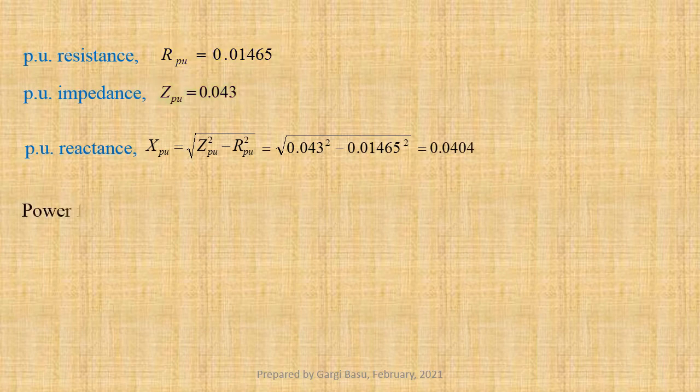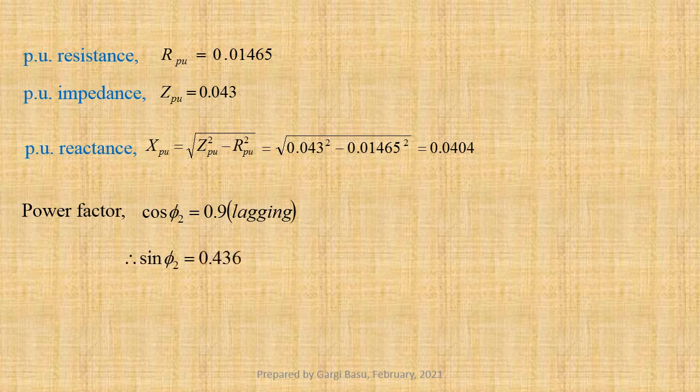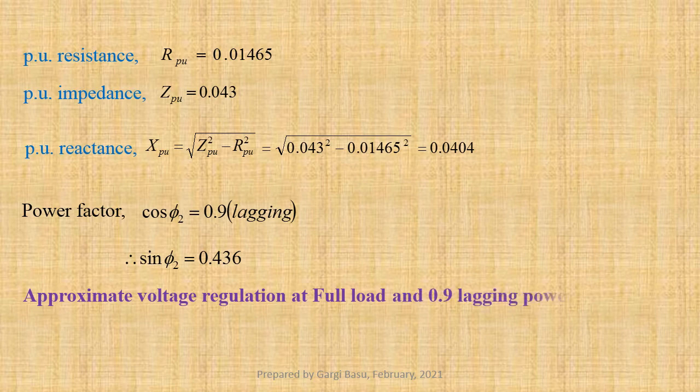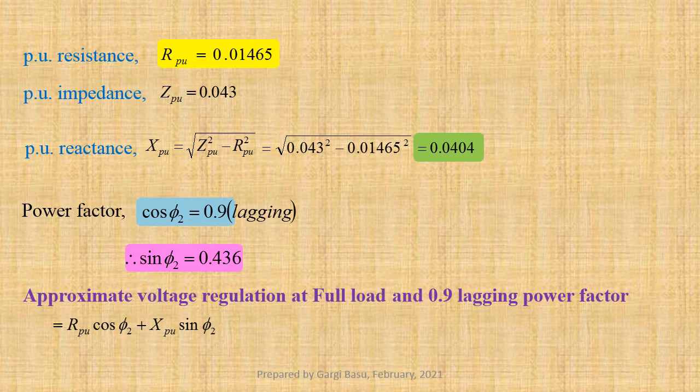Given power factor cos phi 2 equals 0.9 lagging, therefore sin phi 2 equals 0.436. Now we shall calculate approximate voltage regulation at full load and 0.9 lagging power factor, which is equal to R per unit cos phi 2 plus X per unit sin phi 2. Using values we get